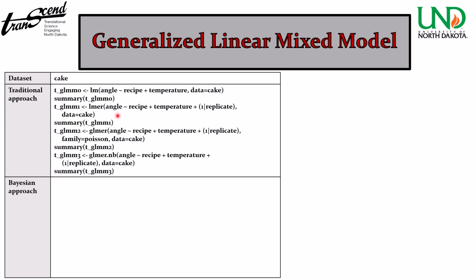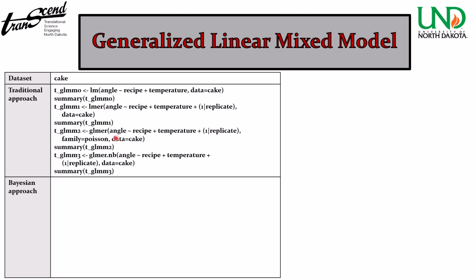But then we can say, well, what if we add a mixed effect, a random effect, because we have replicate information. So we can add that as plus 1, and these need to be in parentheses, 1 and then slash replicate. So that will show that it is our random effects. And we could use lmer. And we can use glmer, which is